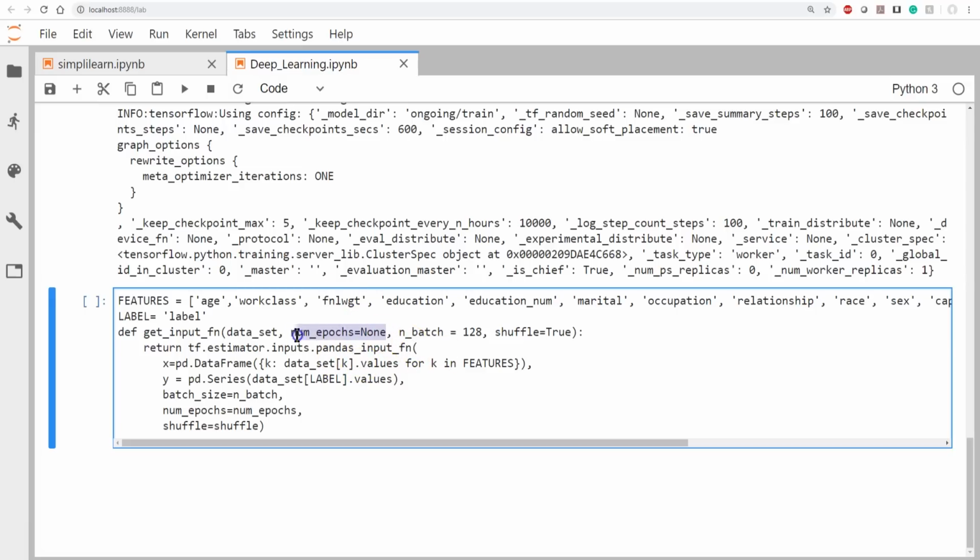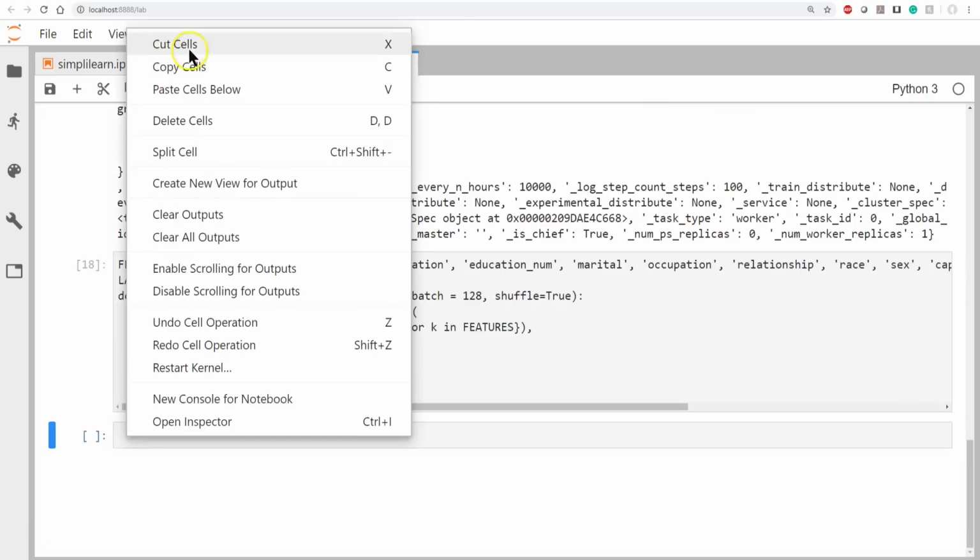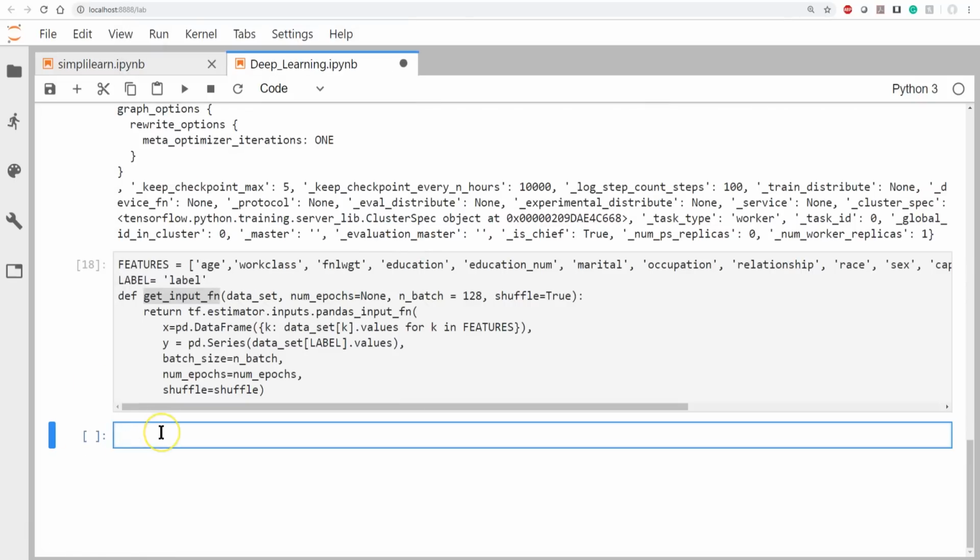But we're just going to set number of epochs equal to 0, and then we have our data set going in. So we're creating our get function. How do we get the data into training our model? And we'll go ahead and run that. So now we have our data function, and now it knows where the data is coming from. So we need to go ahead and train it.